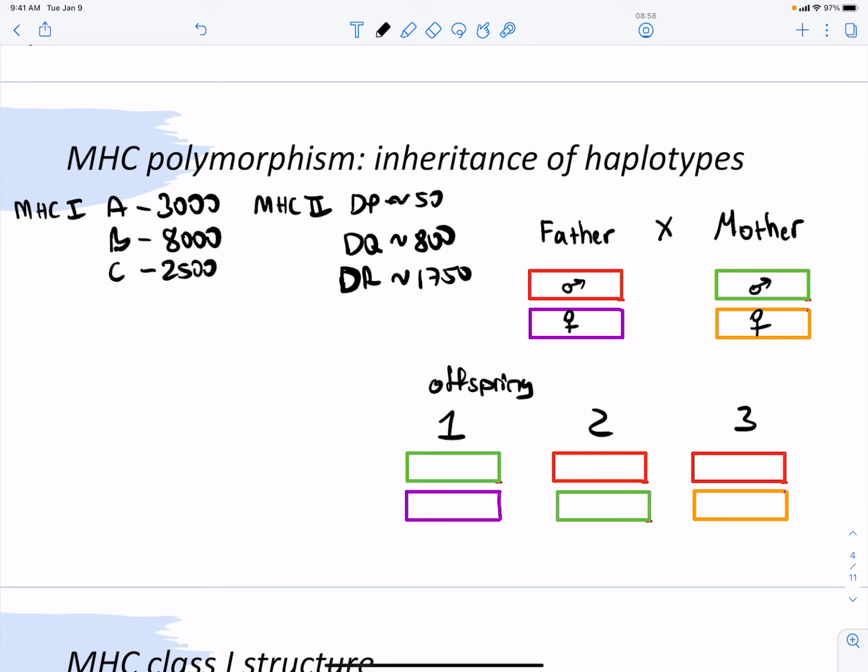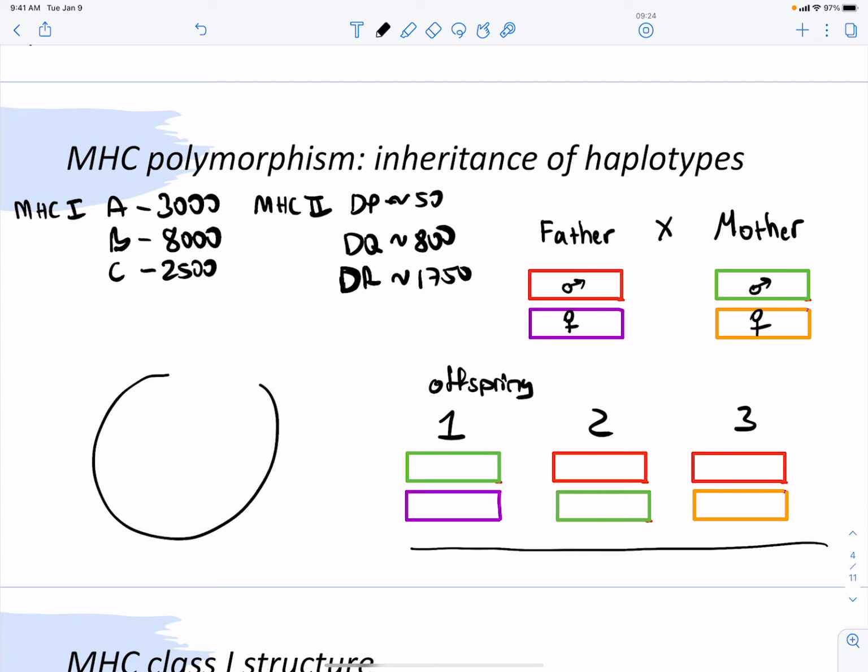The mother in this case got a green from her father and an orange from her mother. If you look at the offspring, they all look different. Offspring 1, 2, and 3 all have different MHC alleles passed on from their parents. And what this means is that because MHC is codominant,